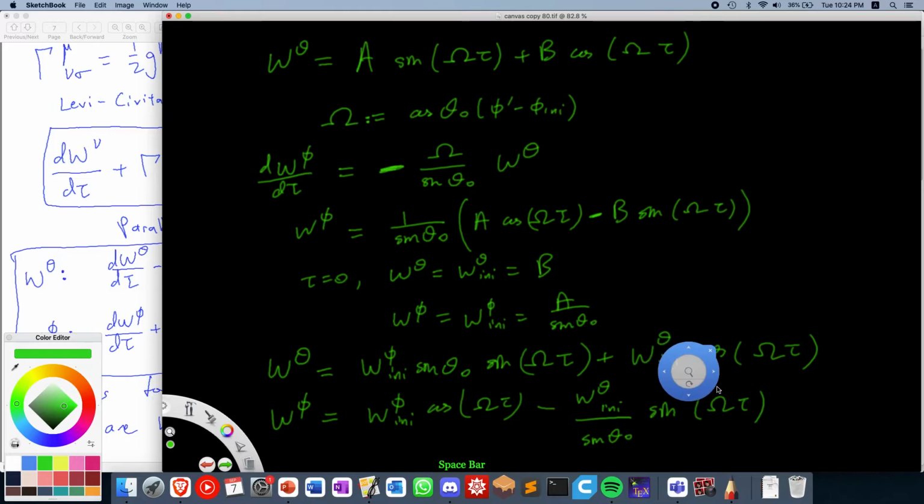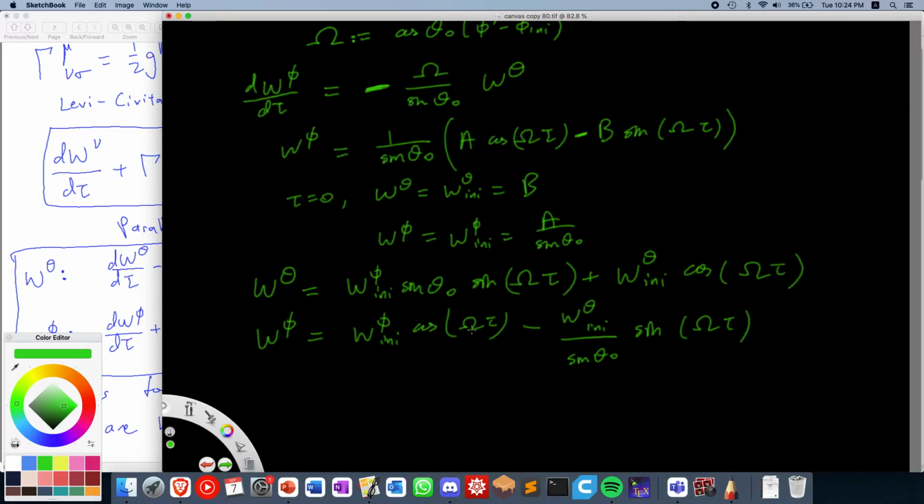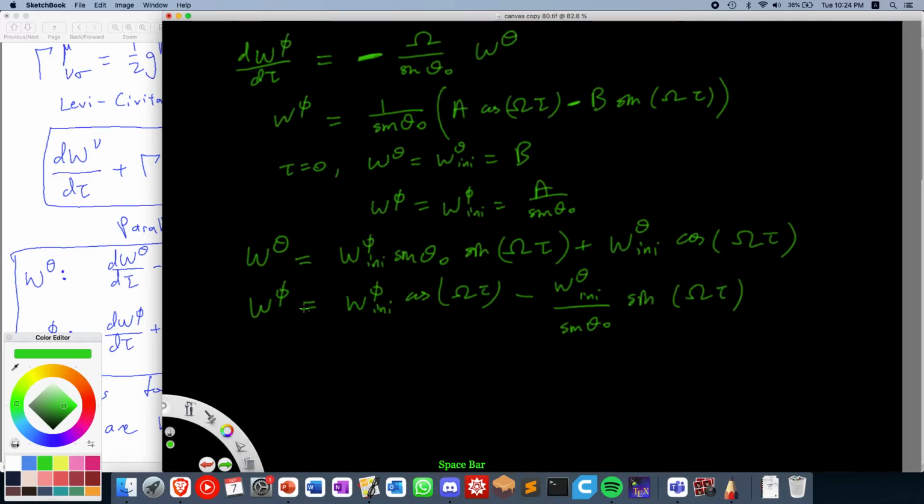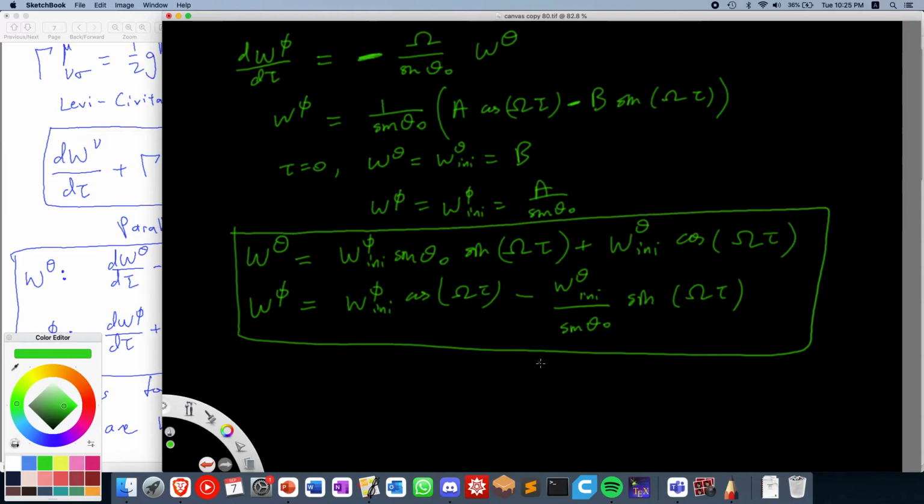So yes, these are the two equations, which let me just do a quick check with my cheat sheet beside me. That is correct. Yes, it looks correct. Okay, that's great. So these are the two equations. So now we have derived,